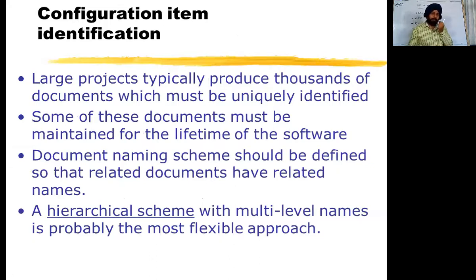So identification is a very important task. See what changes have to be made. So we have to identify the changes. It is a very important aspect of the CM. The short form of configuration management is CM. So identification: what change has to be brought in. It is very difficult when your product is very large. First of all, we have to make the changes and we have to see all the documents where this change has to be brought in, to show that this change has been made.